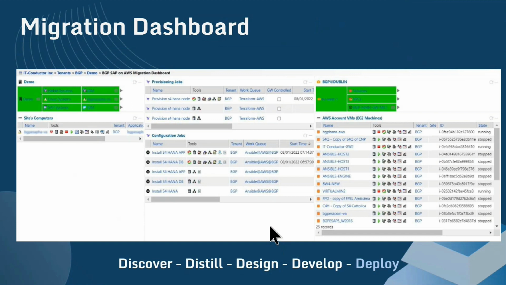Once deployed, we also have migration dashboards. If you can look from left to right, if we discover